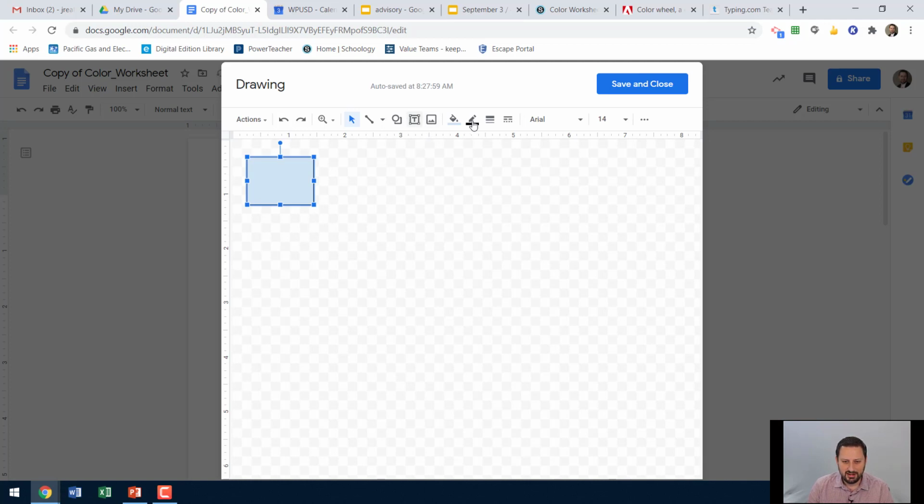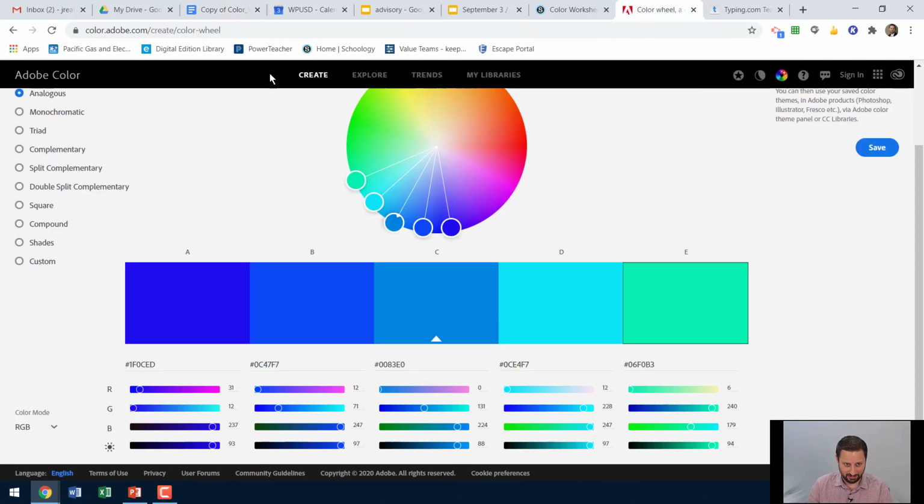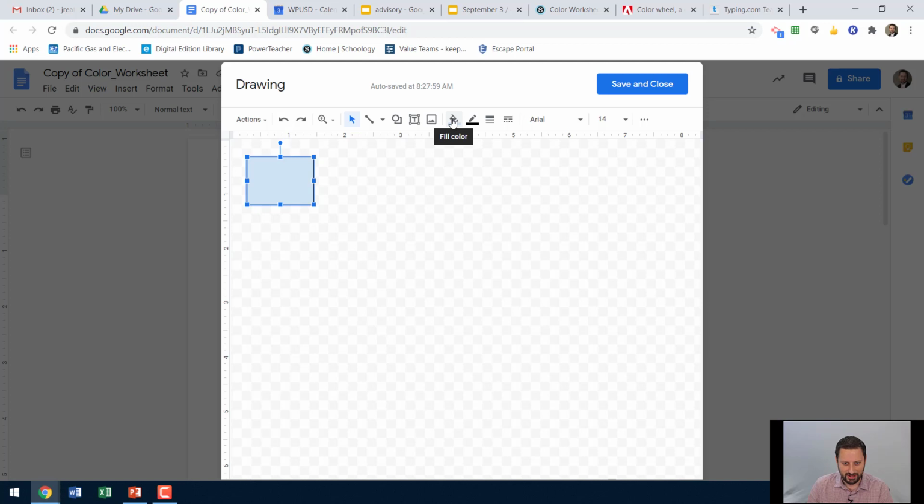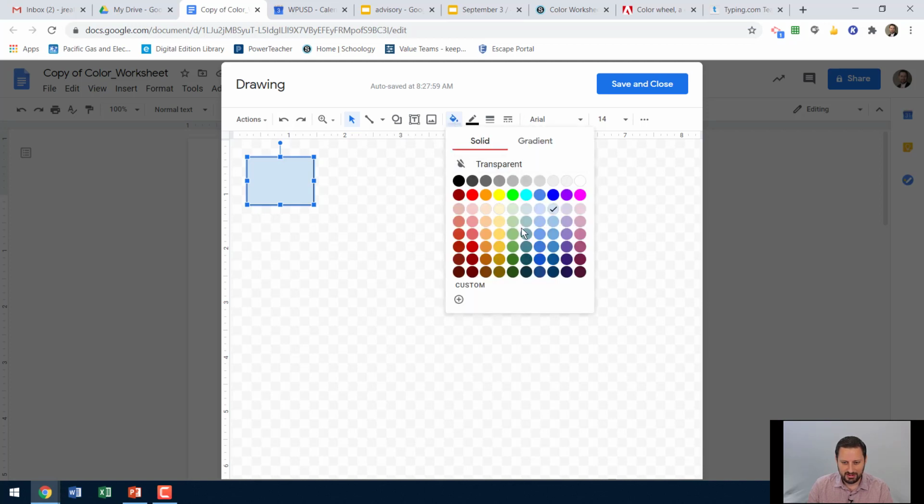Now it gives me some options up here on the square shape. One says Fill Color. I want to change the color of the box to match the color scheme I've created over here in Adobe Color. I'll click on Fill Color. I could guess as close as I can with the pre-designed colors, but that's not what I want you to do. I want you to insert a custom color. I want you to learn how to take the information from Adobe Color and use it to create exact color copies on your document. So if you hit Custom,